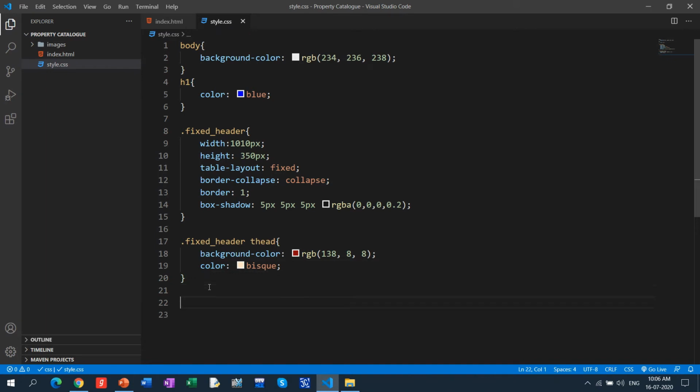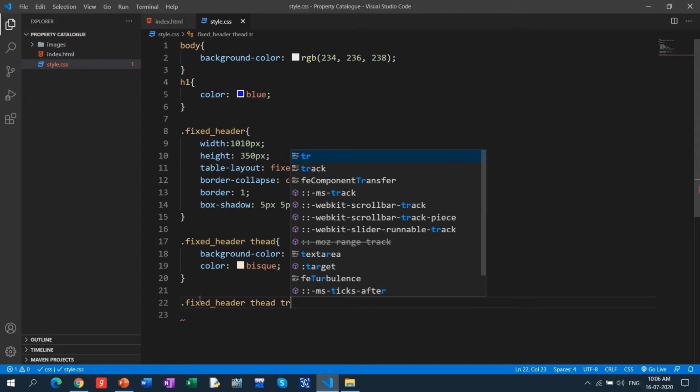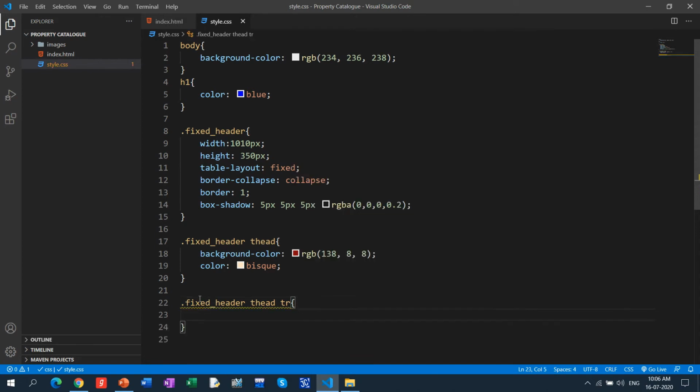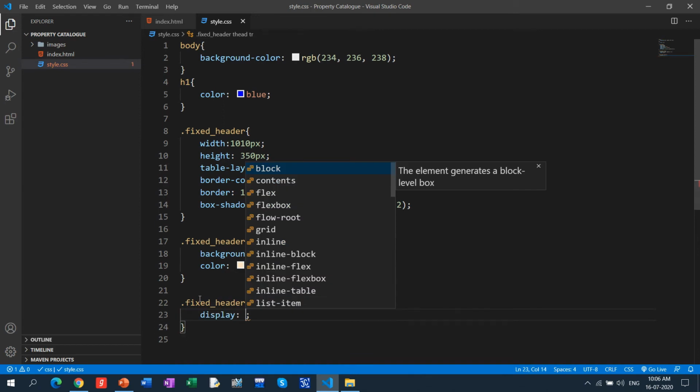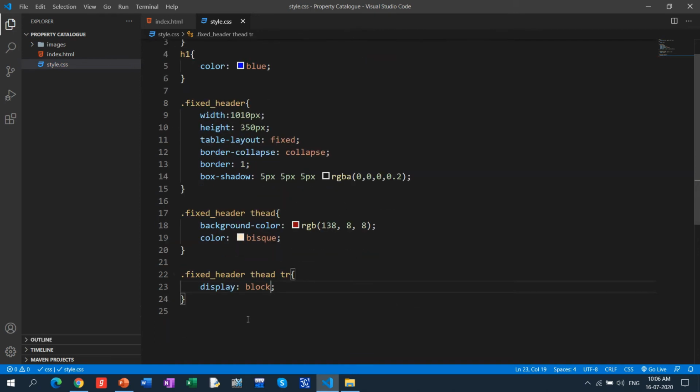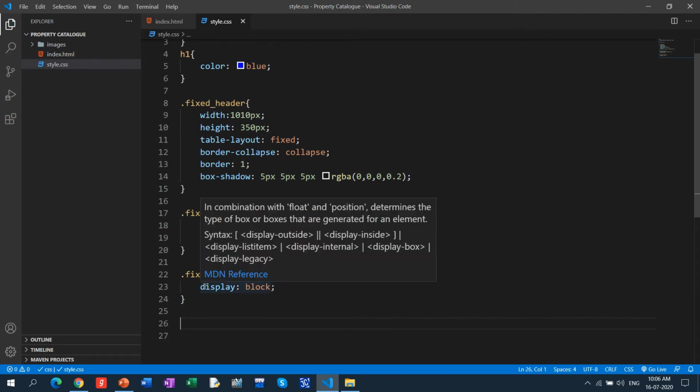Then after, the heading row, right? One case fixed heading, then you have thead tr. What you have to do in case of thead tr, display should be block, because the entire information will be there within this block, right?